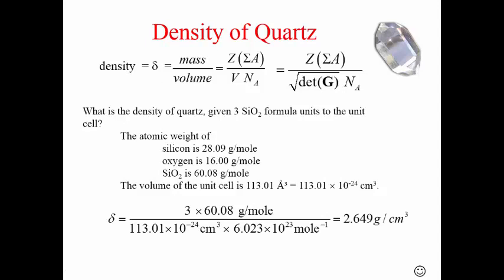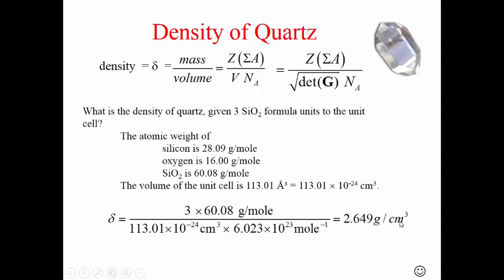And now we can just put our data into this equation on the top here. The Z is equal to 3. The 60 is the summation of all of the atoms in the unit cell, and then we divide through by the volume, and we want our units to come out at grams per cc, so we need to get rid of the moles and we need to convert this to centimeters. And when you do all this, the density is